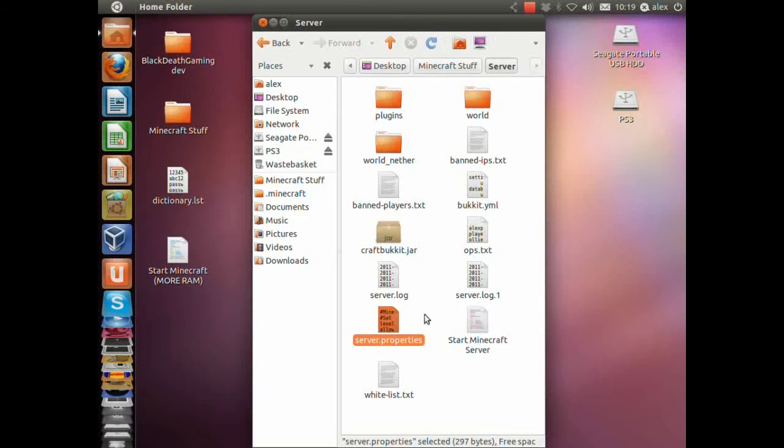Before you start, the only two files that you should have are craftbukkit and the start Minecraft server script, or whatever you called the shell script. So you're just going to let it run once, close the server, and it should generate all these files. And then we're going to open the server.properties,